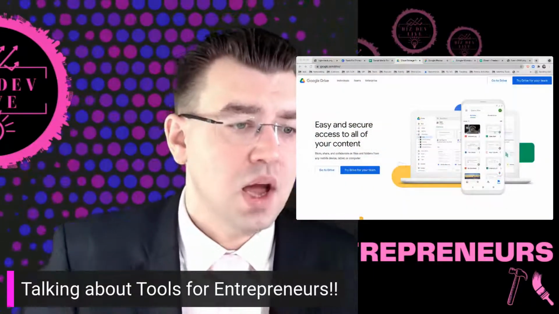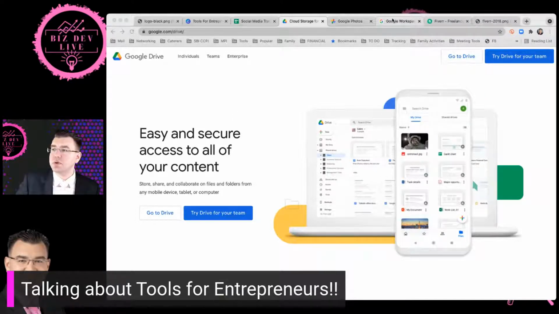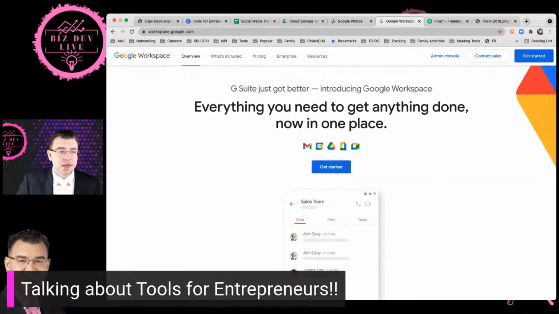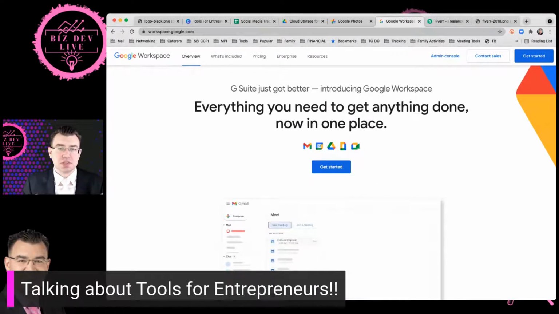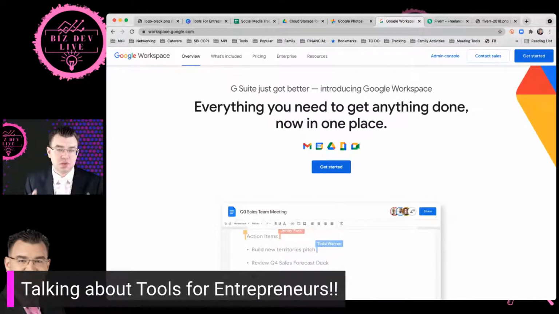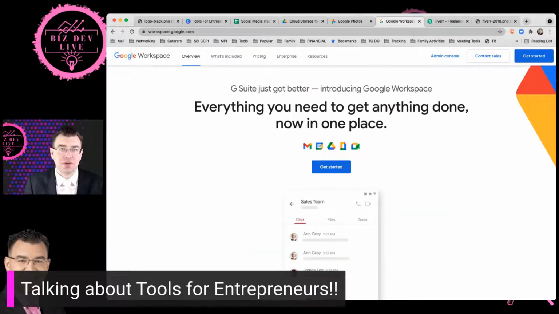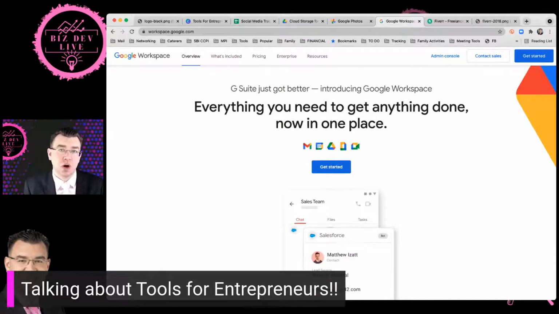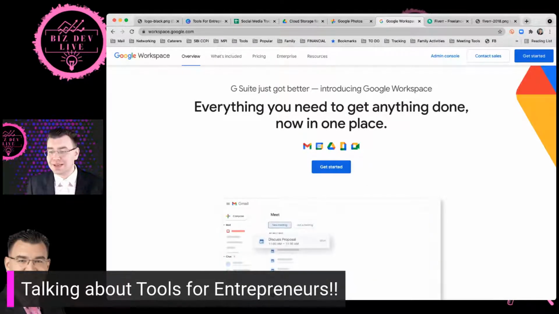So the Google Suite here is really a big deal, right? So I use Google Drive. Let me see if I can pull up Google Workspace. So Google Contacts is, people talk about CRM, and I've messed with these systems, and you can get into a lot of fancy places. There's so many different CRM tools that have so many different functions. But if you're keeping it simple and you simply need to be able to call up a person and know what's going on with them, not talking about super amounts of automation,